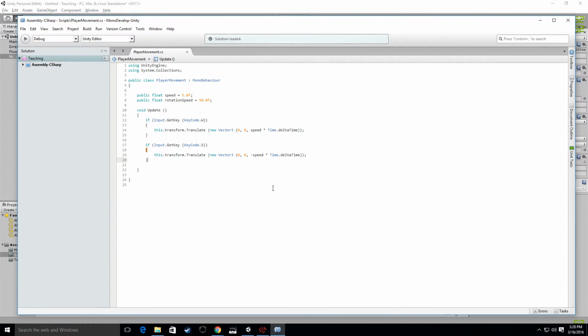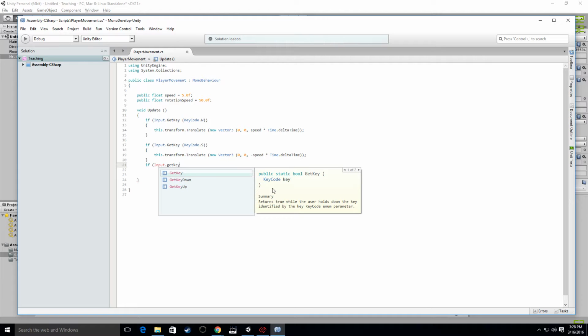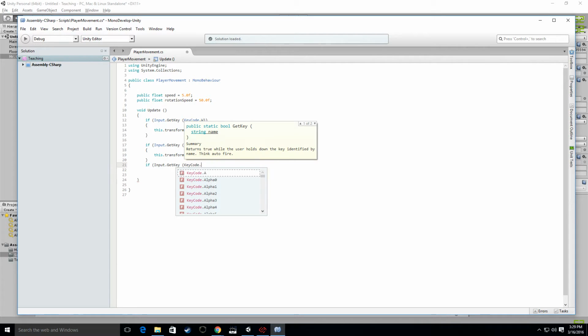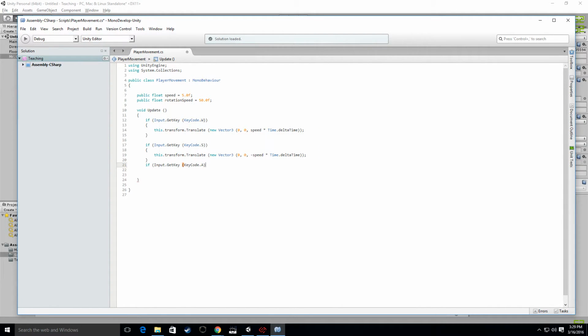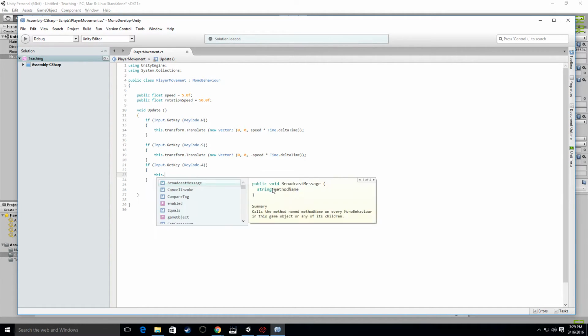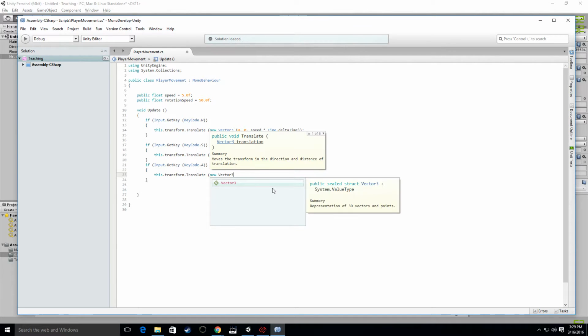Now we want to do moving left and right here. We're not doing rotating right now. So let's go ahead and get started. We're going to go now to the second curly bracket here. We're going to go ahead and do it again. If input dot get key, let's see here. Let's try moving left first. So open bracket, key code dot a, close bracket, and then we're going to put our curly brackets to open it up. So if we press the A key, then it's going to be this dot transform dot translate new vector 3